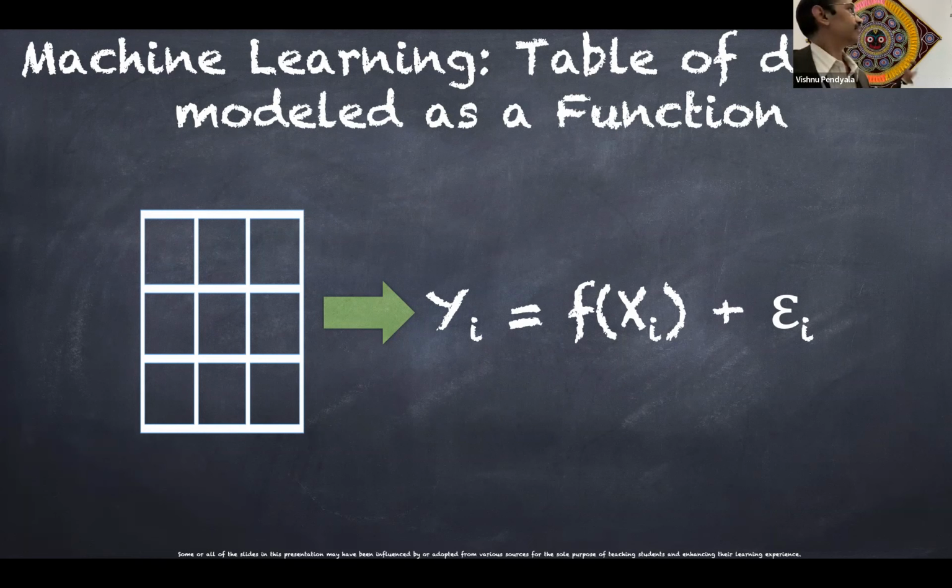Each of the rows in the table is basically a row vector, right? So we represented the data in vector space. That means each row becomes a vector. And now we are moving to function space. So we are converting the entire table into a function, which can be modeled with the function f, which depends on the x,